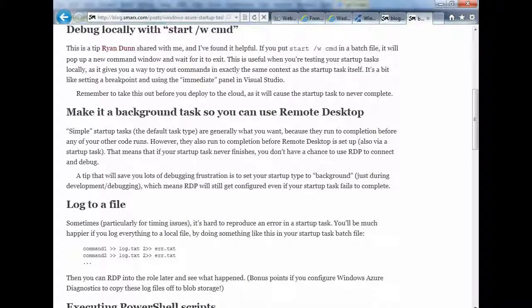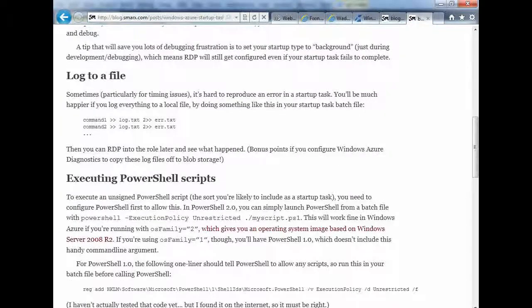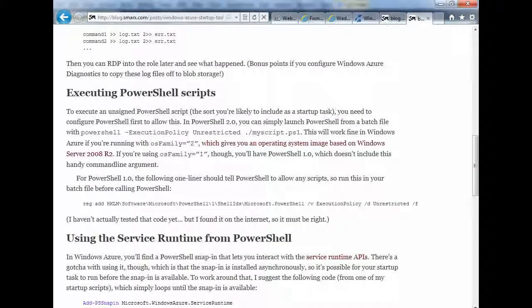Logging, we've actually already showed. I think it's just a good practice to make sure you log things to a file. That way when you connect later, you'll see them. Executing PowerShell, we saw briefly that execution policy unrestricted. Yep. That works if you're on